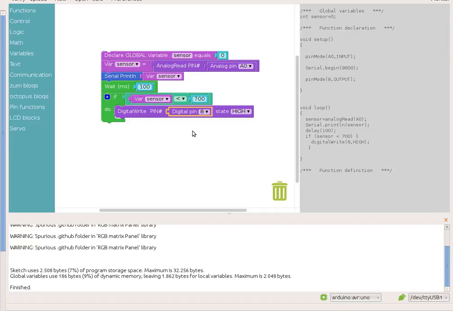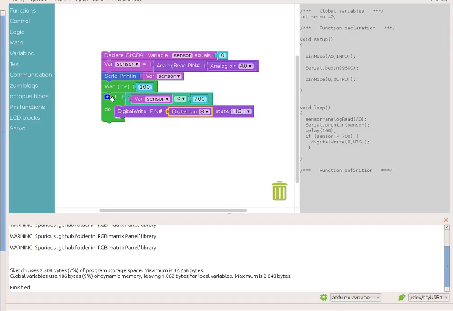Well, now once an LED is turned on, once this digital pin number 8 is in a state of high, meaning with 5 volts in it, it remains so till it's turned low. So we should turn it low if the value of the sensor gets greater than 700, because if not we will be having false positives. Then how do we do so? We can do so